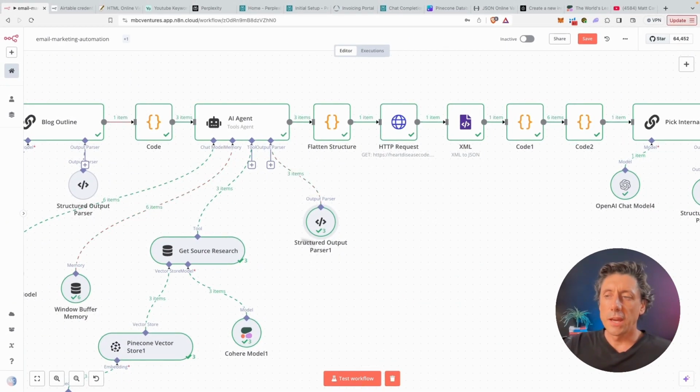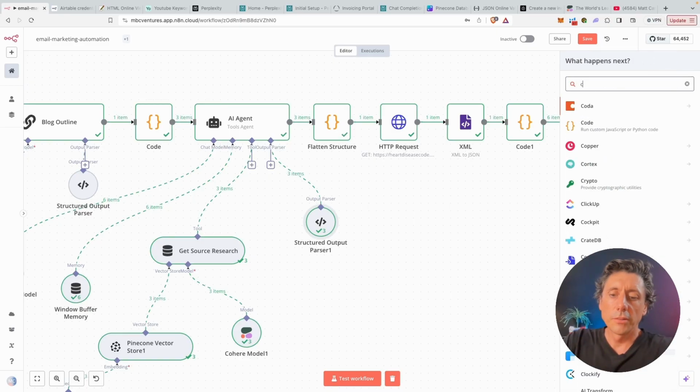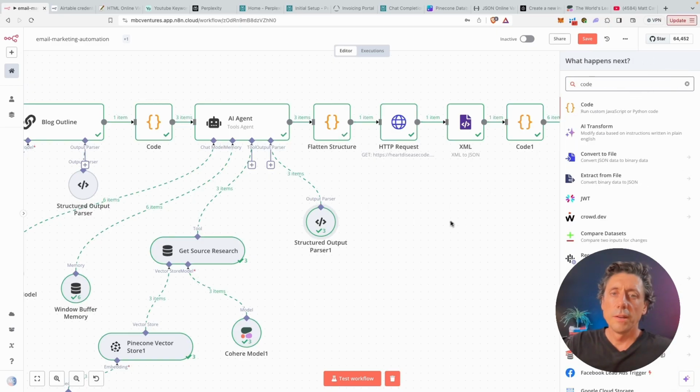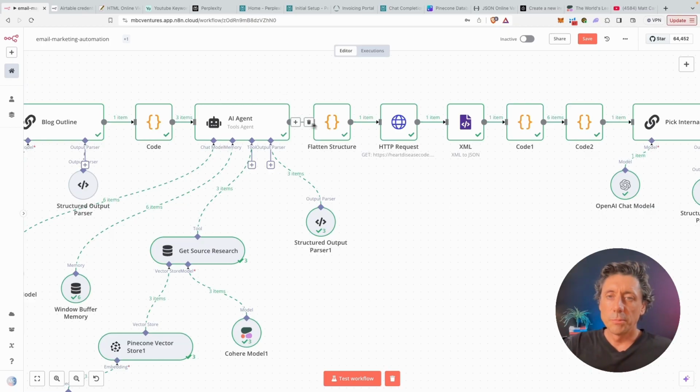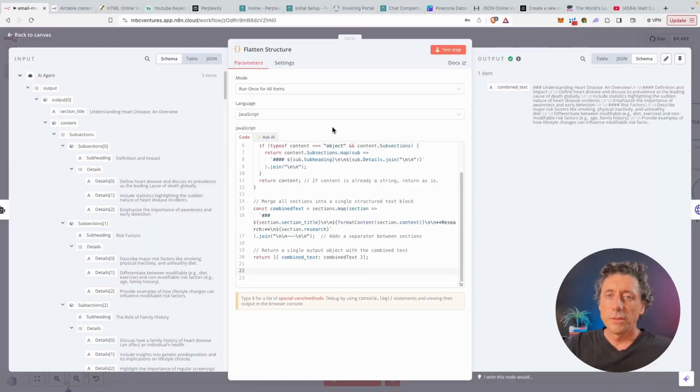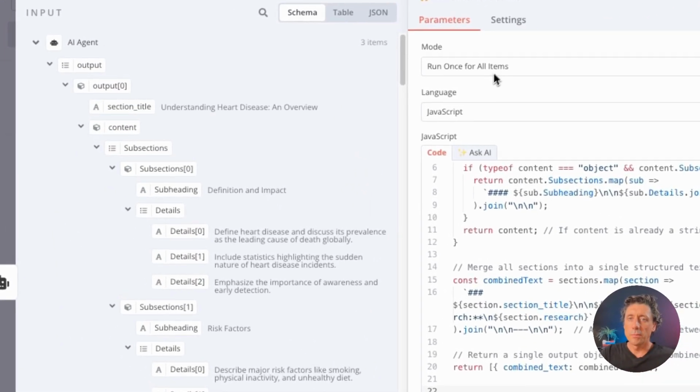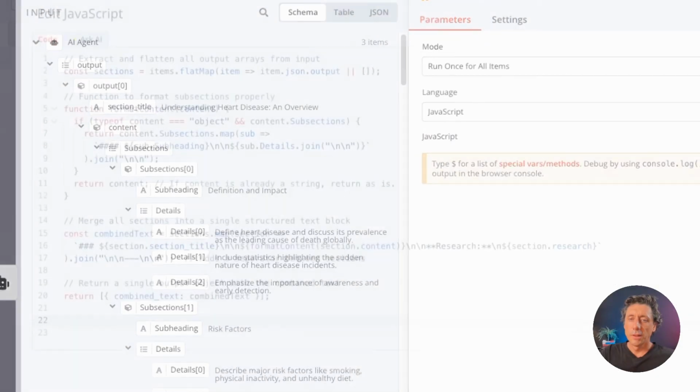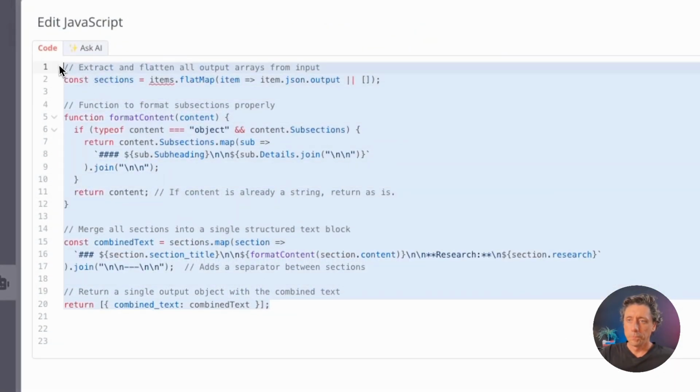Once you've done that, the AI agent's done its research for us. The next module here is a code module. If you click on the plus there and click code, that yellow one, you can do some JavaScript manipulation of what comes out of this agent. All I did was open this up, put run once for all items and language JavaScript. And then in here, take a screenshot of this and paste it in there